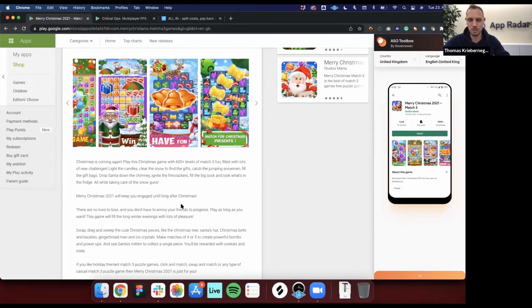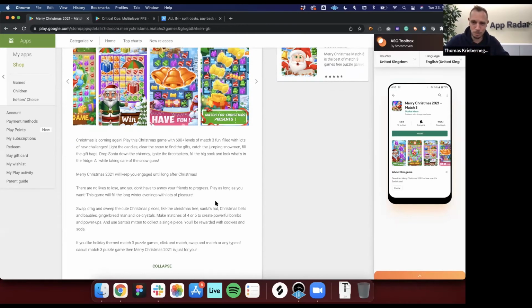But here it is very important to not cross the line where Google starts to think that your app is just spamming keywords within the long description, because this can have a very negative effect on what you want to do, since you want to rank for those keywords. If Google thinks that you're spamming your description with keywords, you will get penalized for it, and this means you will not reach any good rankings for those keywords. So it is very important that you use an App Store optimization tool like AppRadar that helps you find out if you're ranking for those keywords, and that also helps you identify what is a really good density to optimize for. From my gut feeling, I would say it's a bit too much what we see over here.